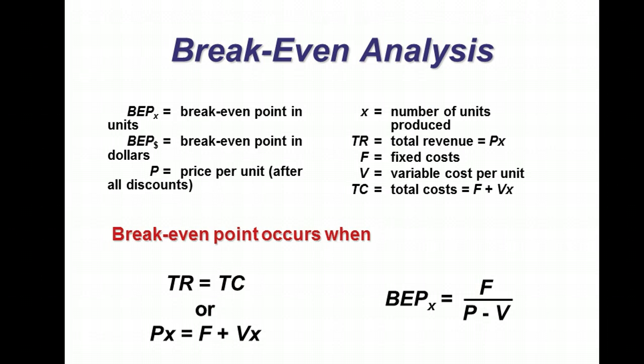Break-even analysis. This is just a simple break-even analysis. Again, we won't really work through these equations. They're really not that complex. Total revenue equals total cost. That's where the break-even is. And then you can do that to price times X, where that's the price, equals fixed cost plus variable cost times the number of units you're producing. Anyway, you can do the math and give yourself a break-even point. Not too complex.